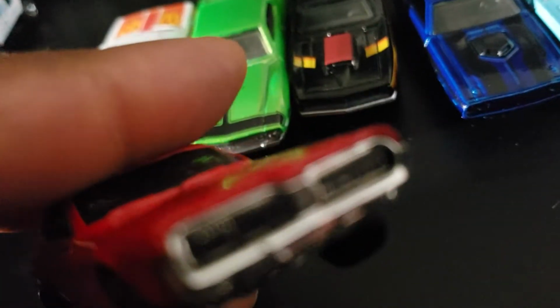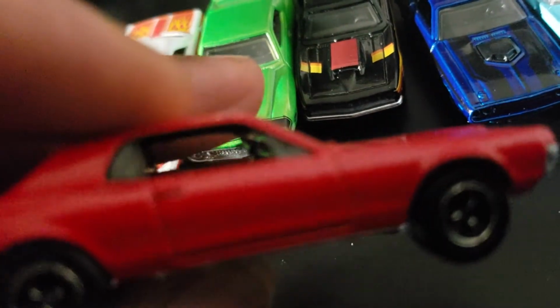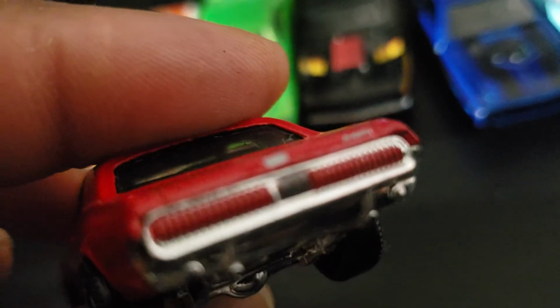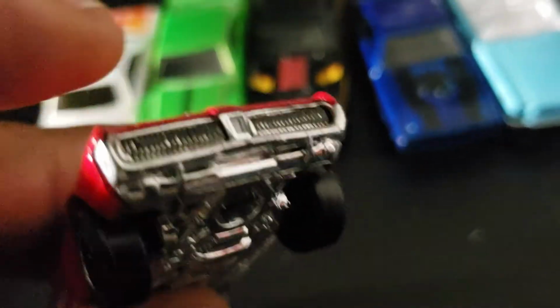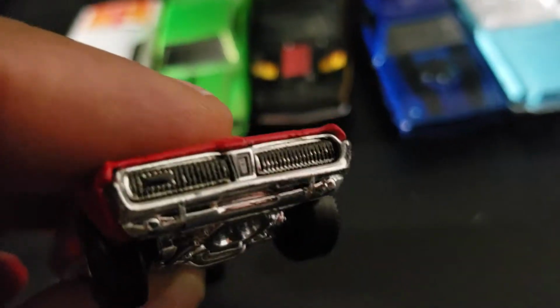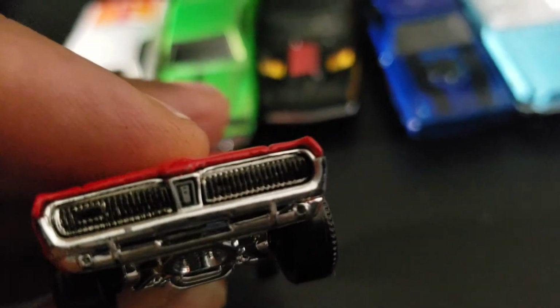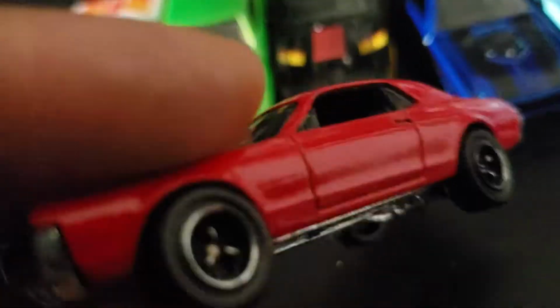I'm gonna be honest, this is one of my favorite Matchbox cars in my collection. Of the old school, definitely. Yeah, I think it was executed so well with the tail lights and just the overall look with the windows down, and even the grill. You can see where it's got the part where the Cougar word is supposed to be. The detail on this is incredible. The only giveaway that it's not a premium is probably these wheels,